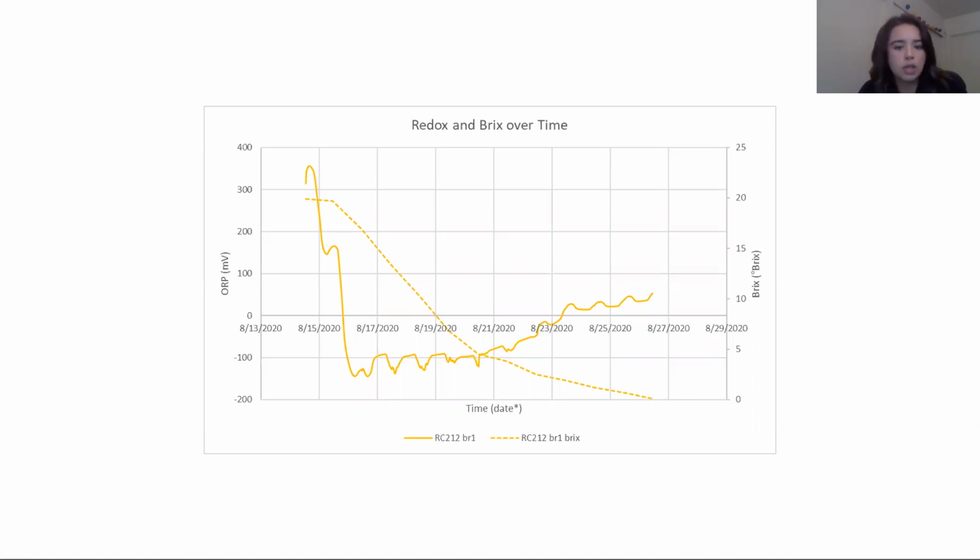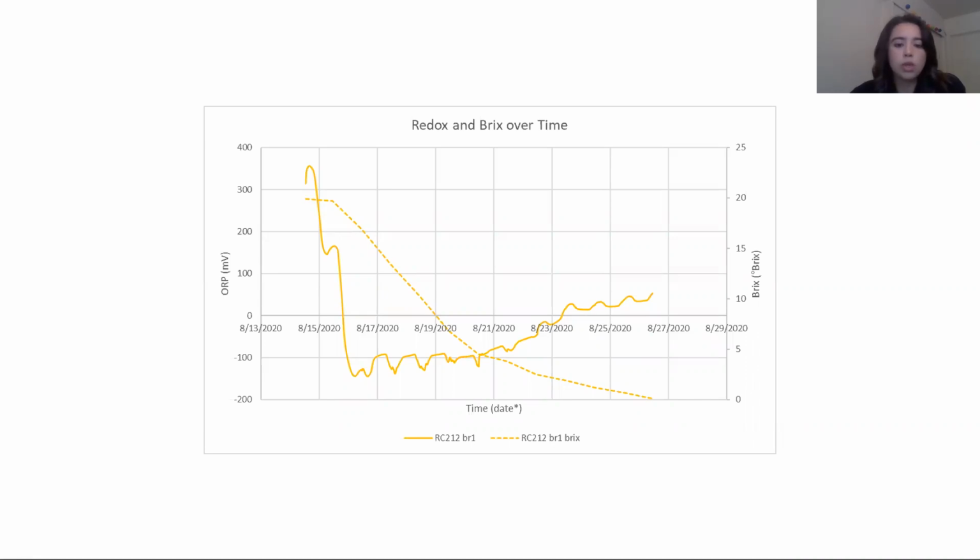And across the trials that I ran, RC212 was pretty hit or miss in terms of whether the fermentation was healthy or sluggish or stuck. So it was interesting to compare the different curves. Many of the earlier runs, including this one, were at a pH of 3.25, which, as the winemakers in the audience know, is definitely on the low end and a challenging environment for the yeast to ferment in. So this led to some of the fermentations completing and others sticking for undetermined reasons. But this was beneficial as we have to know what failure redox curves look like in order to be able to predict them in the future.